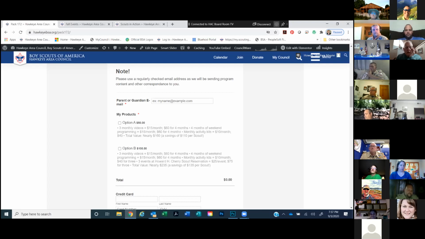And they're also going to get monthly activity kits. They can either pick it up here in person at the office, or we can mail it to them, whatever they prefer. The difference between the $50 and the $100 is $50. But with that $50, you actually get 3 events that you get to participate in at Hart Cherry Scout